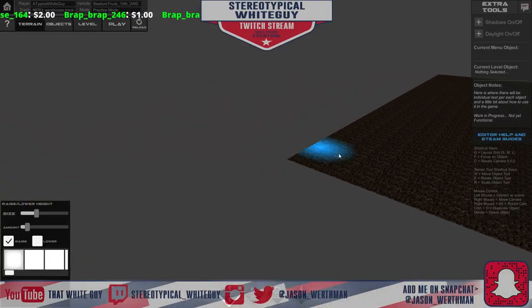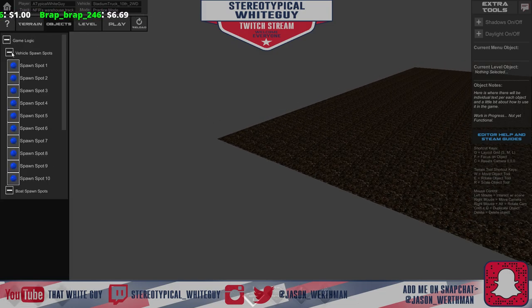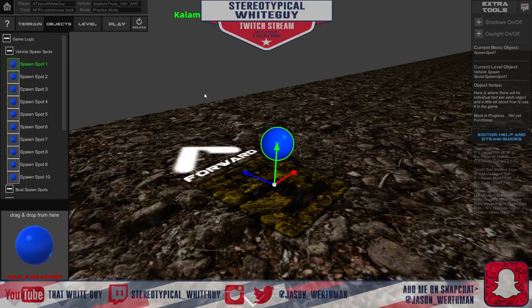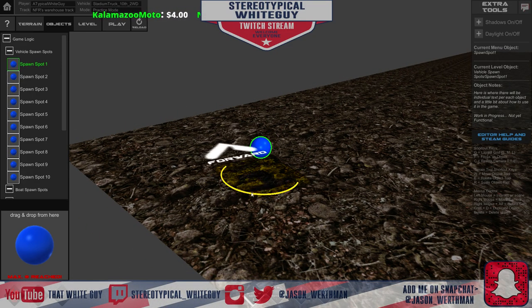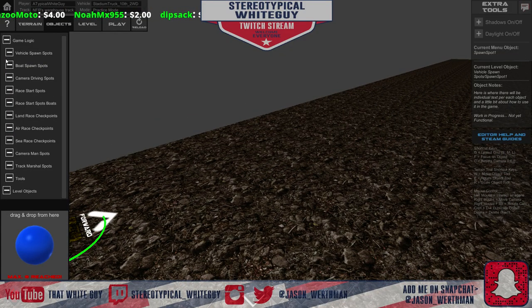Alright, let's see here. How do we get this to work the way we want it to now? We have to, objects, game logic, vehicle spawn spot 1, grab that, thank you, put that down right in that corner where I think we had it starting off with. Which way is that face? I can't tell which way that's facing! Okay, it's facing the wrong way, so we want to do E to rotate, rotate it that way, so we spawn facing there, and then from there we can go to... Where's the save button? No, it's messing with my head, I need to know where that save button is. We're going to go to...